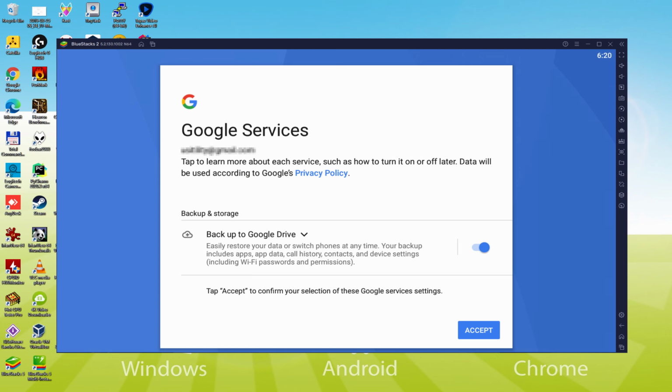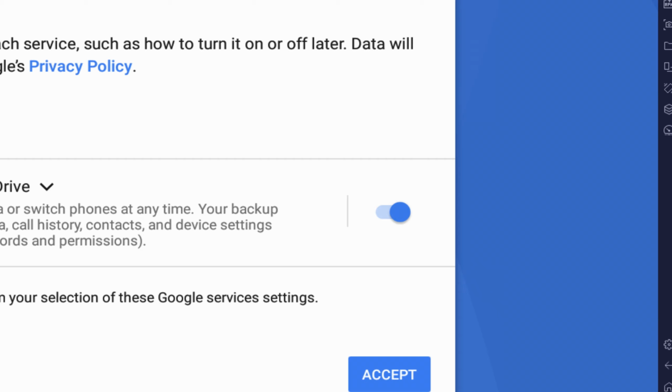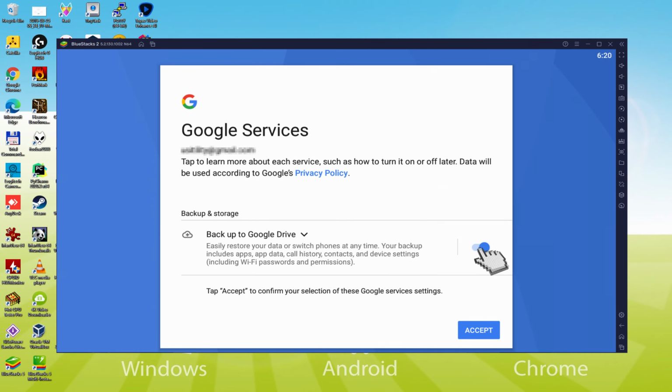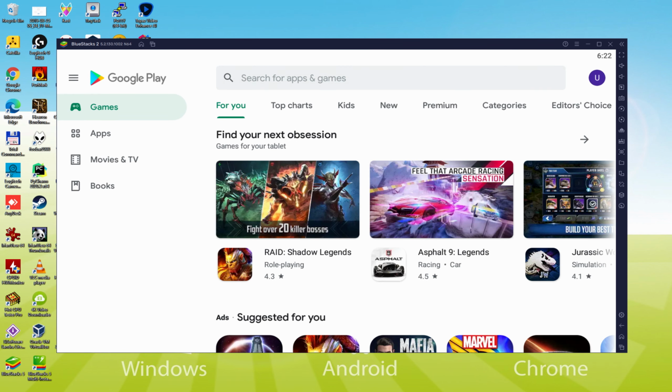Following that, it allows us to back up to the Google Cloud. You might keep it checked and this will produce a backup of the data on this device to Google Drive. I won't select it, you do what you want. We click on Accept. Google Play, formerly Android Market, is started without need to open it manually and on autopilot.